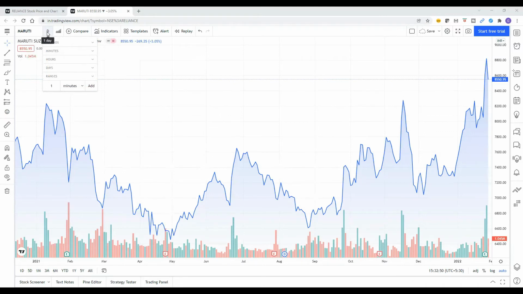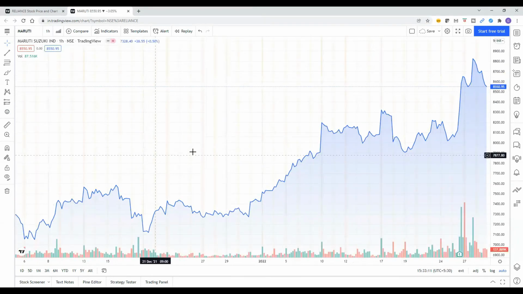And another note is, let's say on this Maruti, I want to see the day range. Let's say I want to see the daily pattern. I can click daily pattern. This is daily. And after that, I want to see hourly. This is what I want to see.